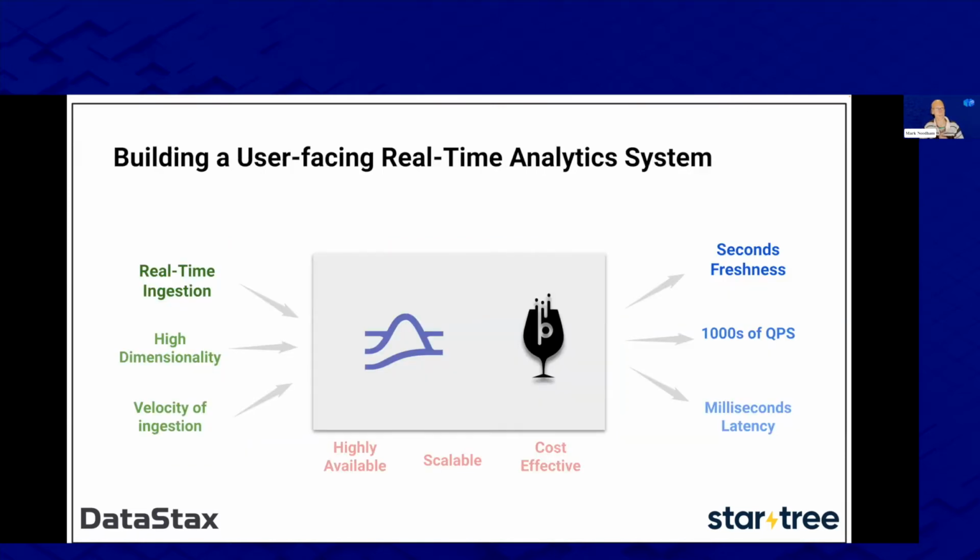So how do we build one of these applications? We've got here, in the middle, Pulsar and Pinot, as the talk title suggested. And then around the side, we're talking about the properties that we would expect. So we've got real-time ingestion. We're working maybe on very, very wide columnar data. We want to be able to ingest it very quickly. And then we want to be able to operate at thousands of queries per second, with very fresh data, and low latencies on our queries.